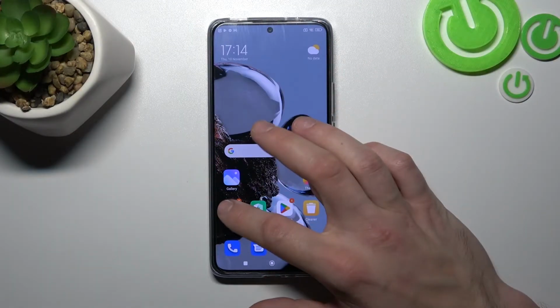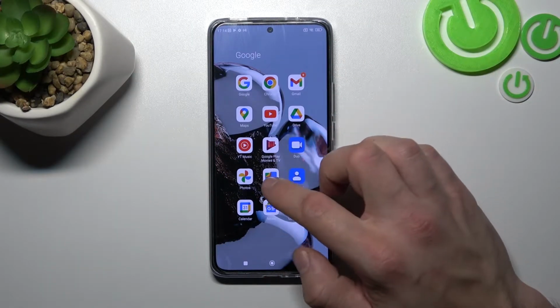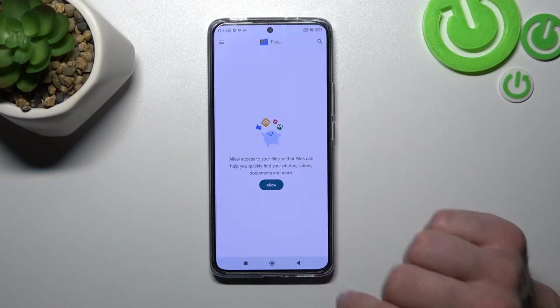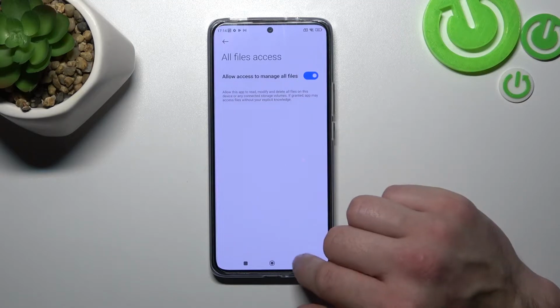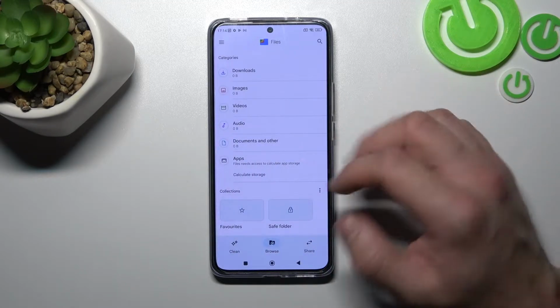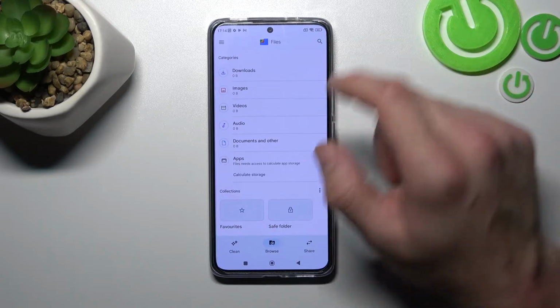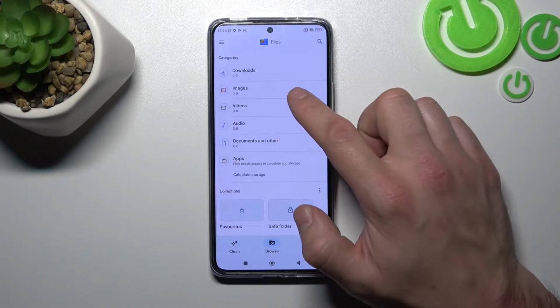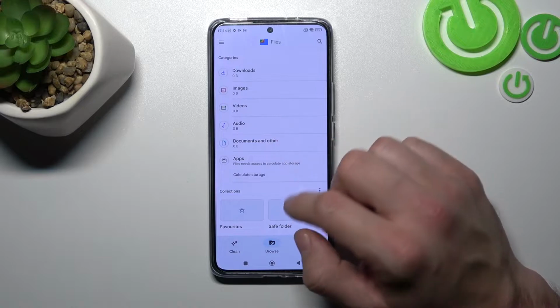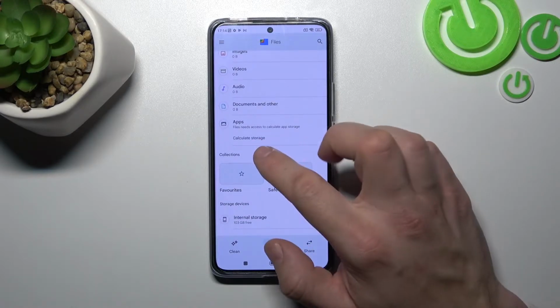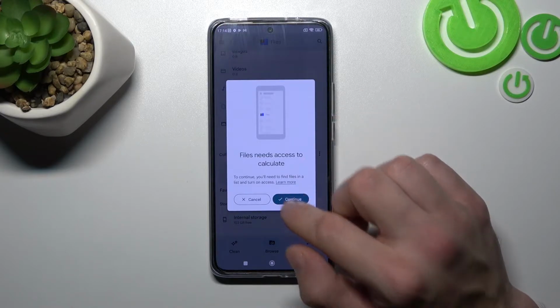In the beginning, let's go to Settings and now enter Files. As you can see right here, you can manage all your files from this menu. Firstly, you can check your downloads, images, videos, audio, and documents and other. Next, you'll be able to calculate storage,